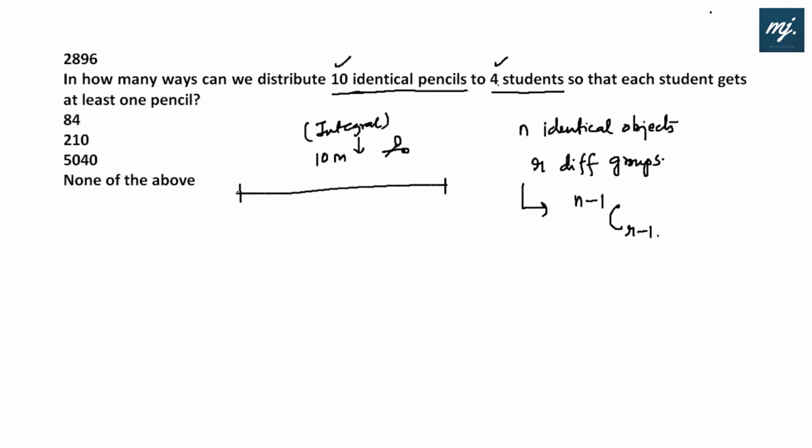1, 2, 3, 4, 5, 6, 7, 8, 9. So this is the 10-meter cloth. Then how many times do I need to use my scissor so that I can get 4 parts? If I use it here for the first time, then here for the second time, then here for the third time, I'll see that when I use my scissor for the third time, automatically the 4th part is with us. No more scissoring is required.